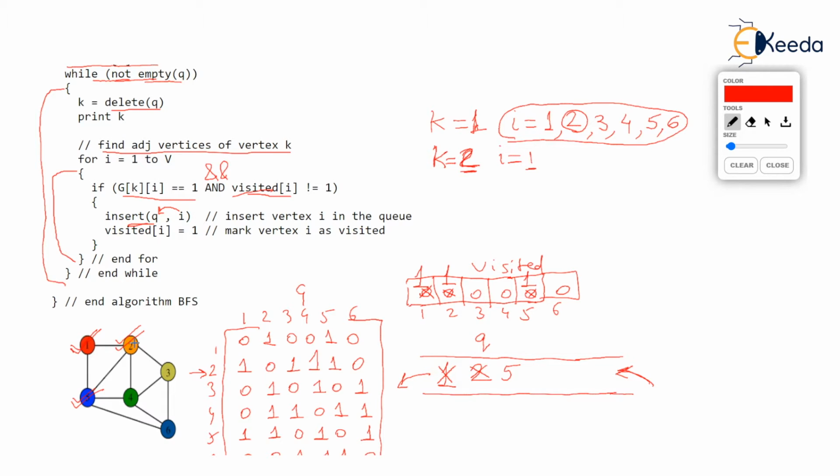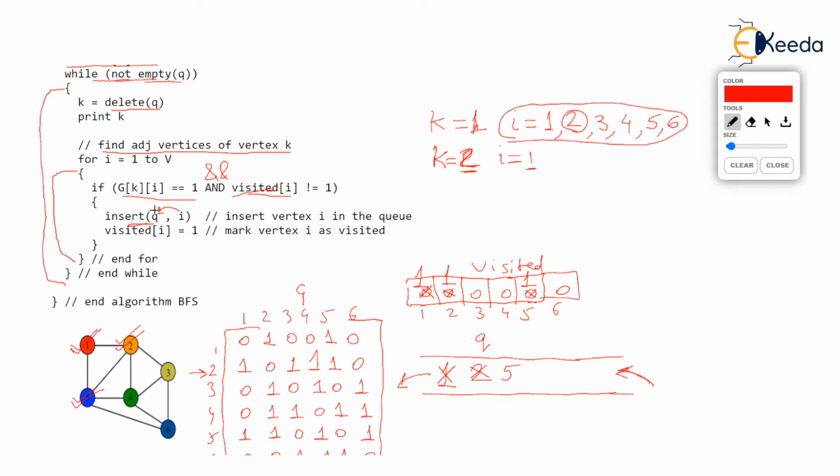You tell me, while processing 2, will you consider 1? No, no, because 1 is already visited. You won't consider it. So the second condition comes to our rescue. It says although 2 is adjacent to 1, the first vertex, i is 1, is already marked as 1. So not equal to 1 is false. The if becomes false and we won't insert 1 again in the queue. It would have been havoc. If we inserted 1 again, then 1 would be deleted again and 1 would be printed twice. So nothing happened when i was 1 in the for loop.